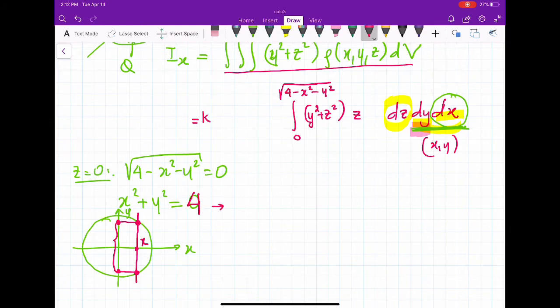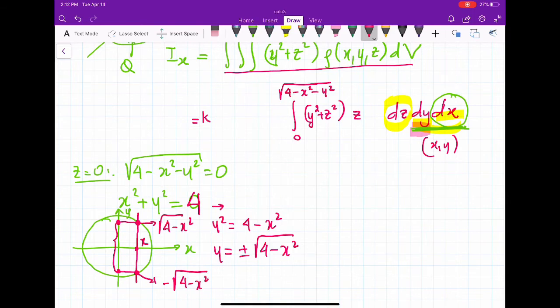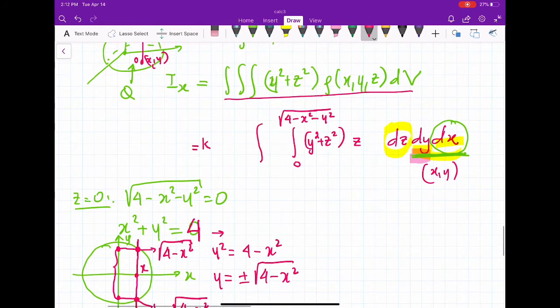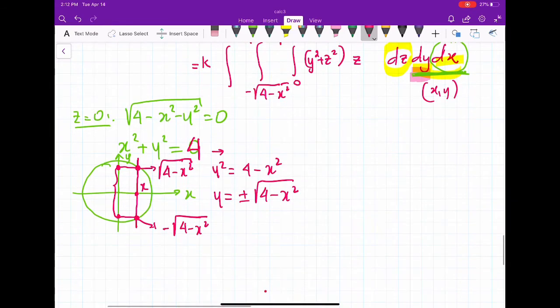Here I should have 4. So I have y squared equal to 4 minus x squared, or y equal to plus or minus square root of 4 minus x squared. So this is negative square root of 4 minus x squared, and this is positive square root of 4 minus x squared. Okay, so I fill in here negative square root of 4 minus x squared and square root of 4 minus x squared. Finally, I integrate with respect to x, and from this picture you can see x